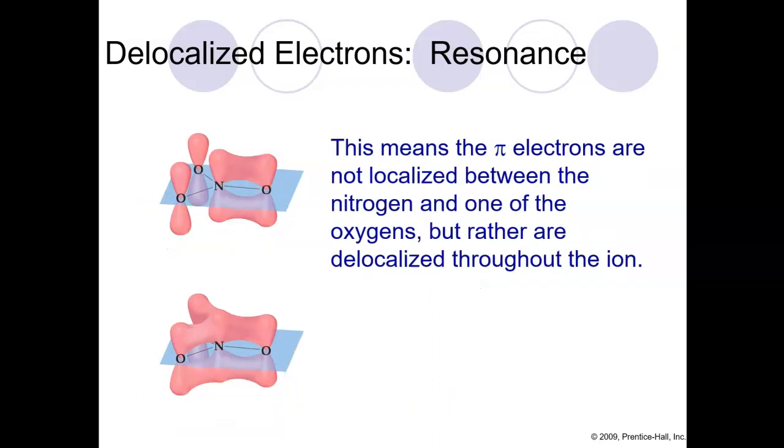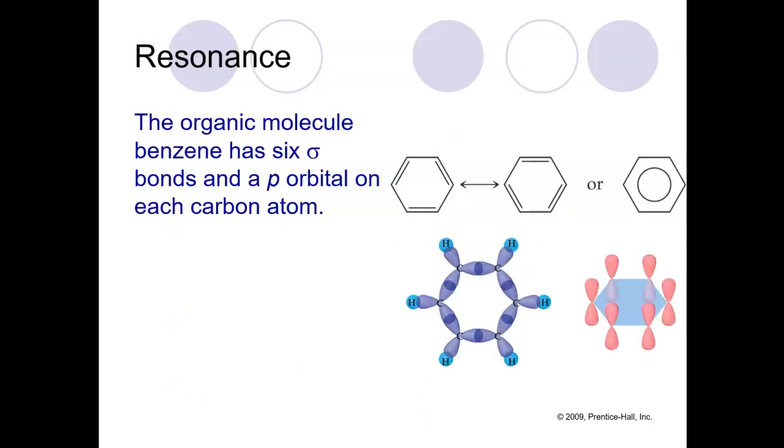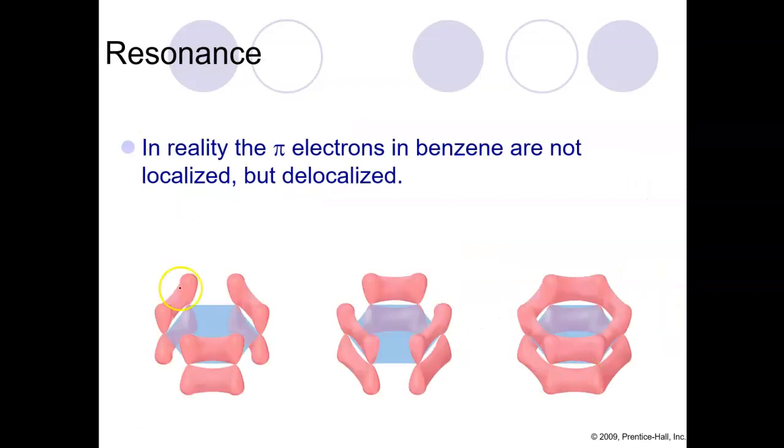That's why we said in chapter 8 that things that have resonance, we can count their delocalized electrons. Those are the electrons being shared among multiple bonds, shared throughout the entire molecule or the entire ion. This was one of the examples that we used in chapter 8. It had 6 delocalized electrons, because if we look at this structure and this structure, those double bonds moved, but both structures are correct. So in real life, instead of seeing double, single, double, single, double, single,